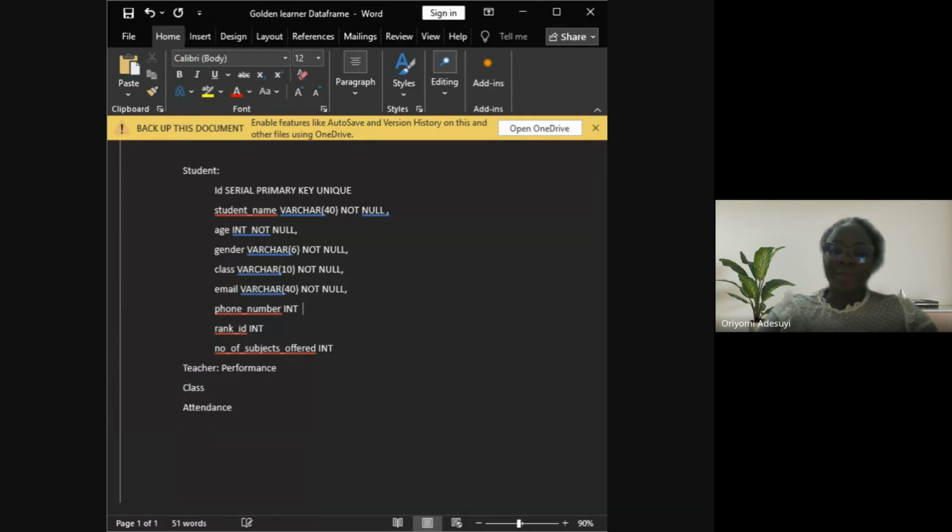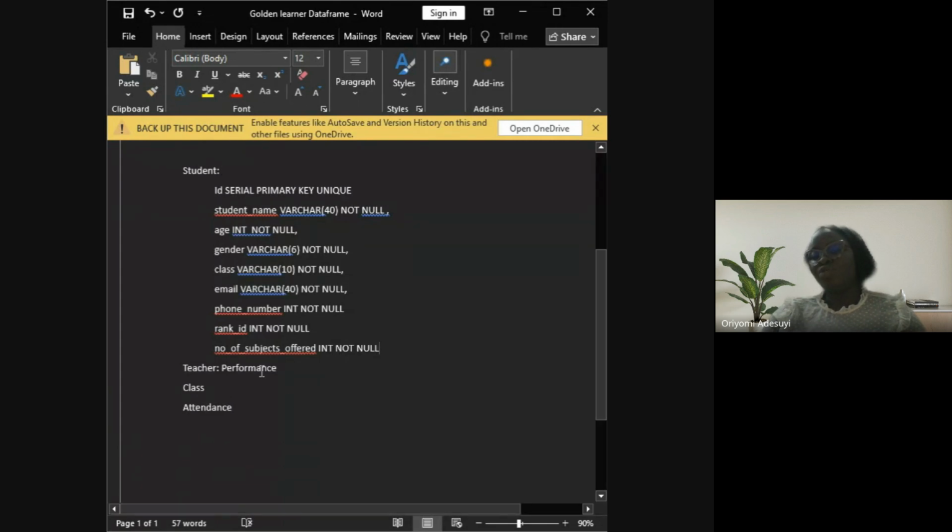Phone number, not null. Rank ID, you don't want it to be null. So this way we've eliminated the possibility of having a null value in any of these ones. So these are constraints. Constraints are sets of rules we've put in place. Okay, now we go to